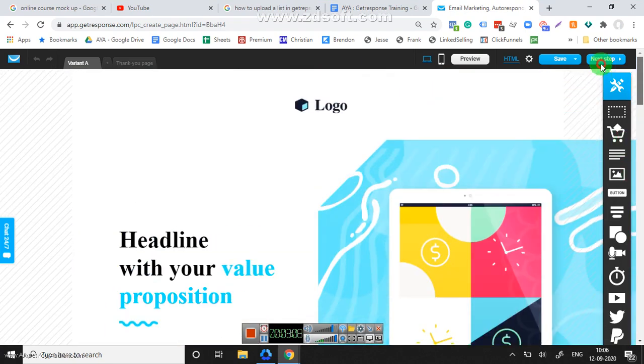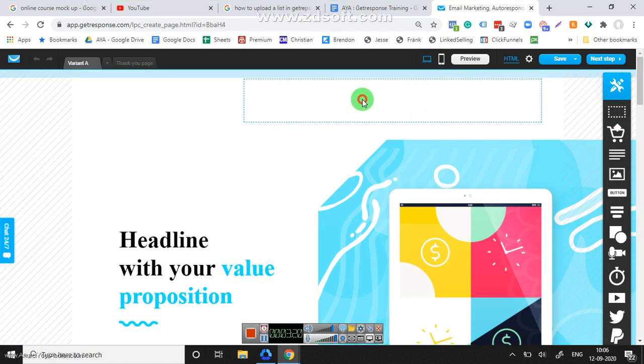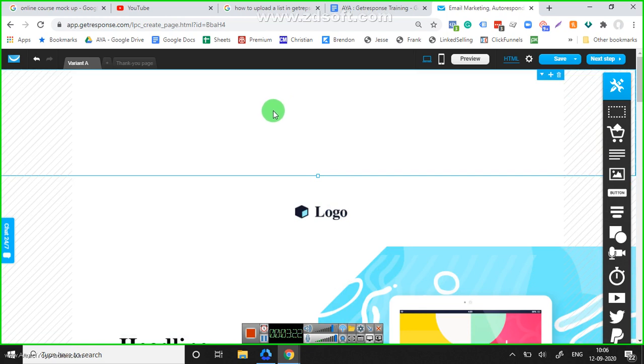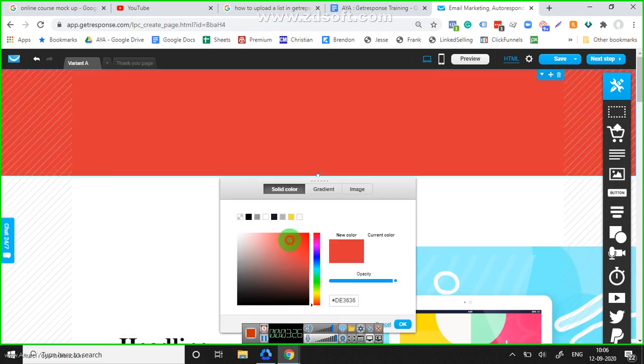If you wanted to add things by yourself, so for example, let's imagine that there's nothing there, and you want to start everything from scratch. So this is a section, so just click here and just drag and drop it here. If you double click that, you can change its color and all that. So I'll just put some color so that you would know what I am doing. So this is one section,